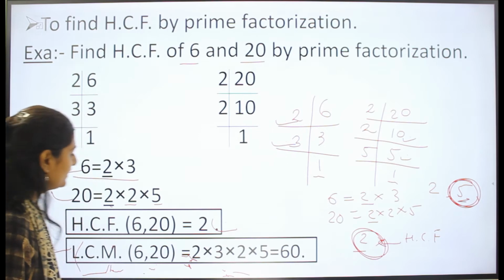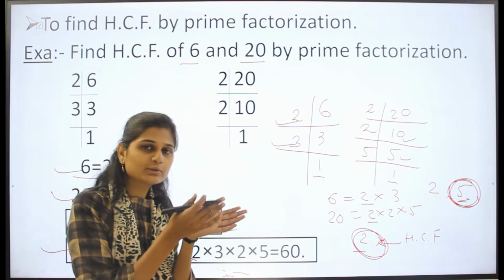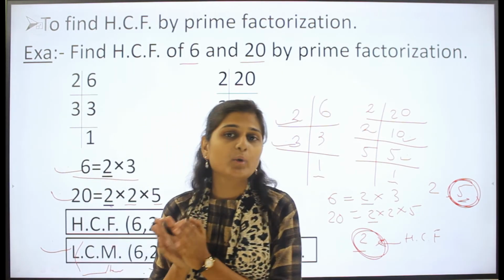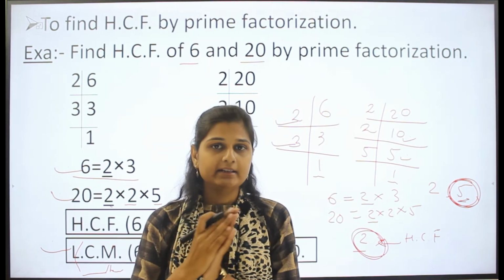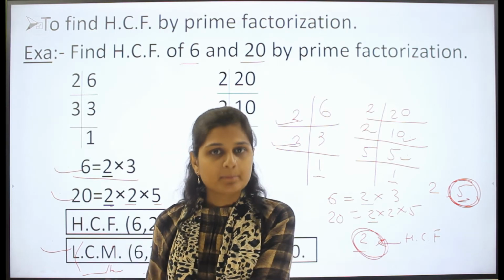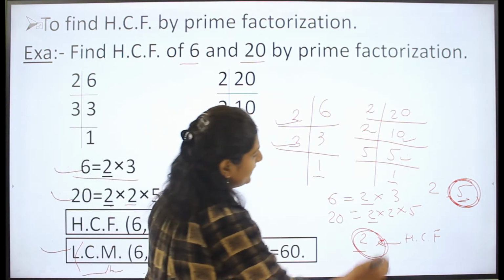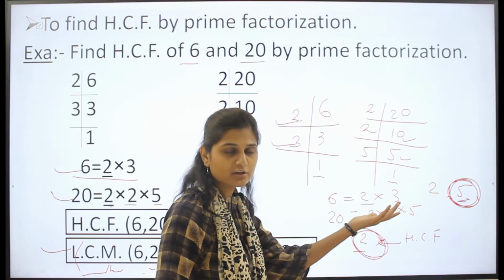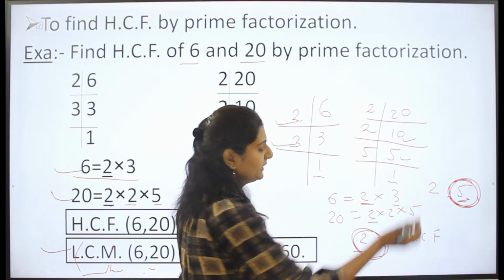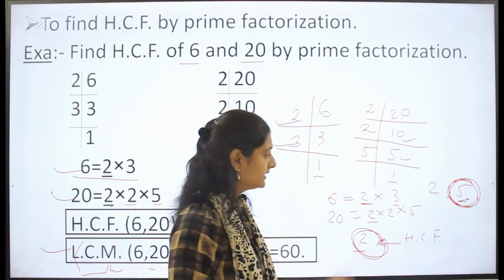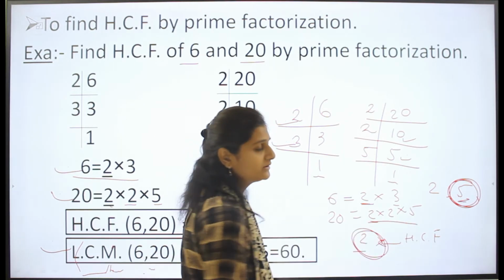Okay, now the same thing with LCM. In LCM this is also simple, you have to go through the words. What is the full form of LCM? Least common multiple. So if I want to apply the same thing over here, the multiples we have found are these. Okay, so 6 comes in the table of 2, and 6 also comes in the table of 3. So these are multiples of 6, and these are also multiples of 20.